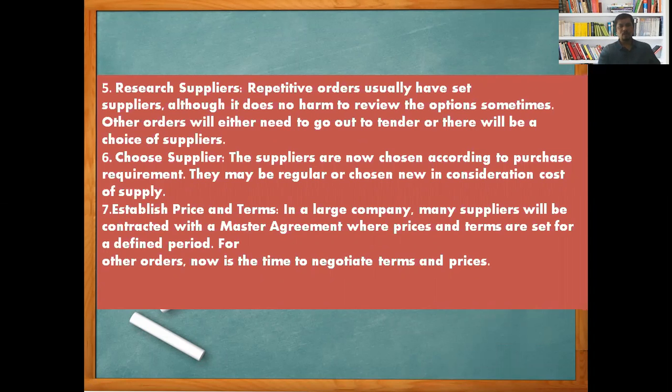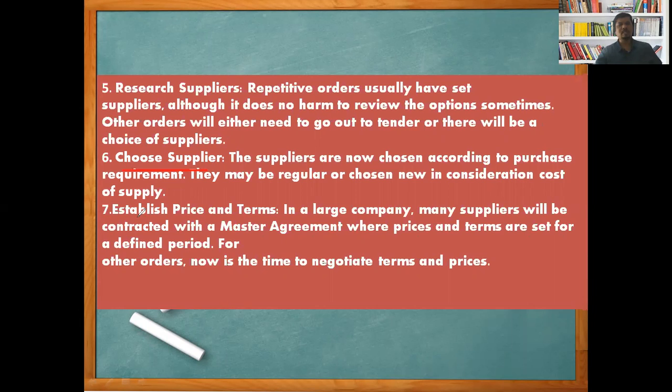We have to do research about the suppliers, and the supplier who provides the best quality of raw material within our price, and who is ready to bargain for a certain kind of credit or discount, we can choose as per our selection. Out of so many suppliers, we choose the best one. We are going to select that one.